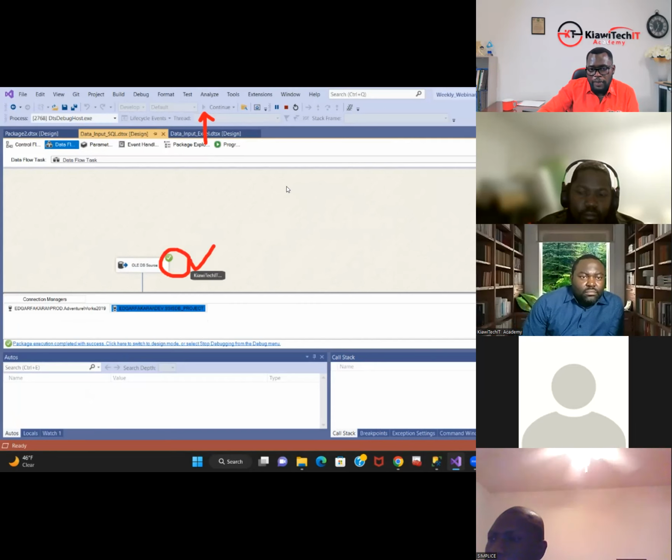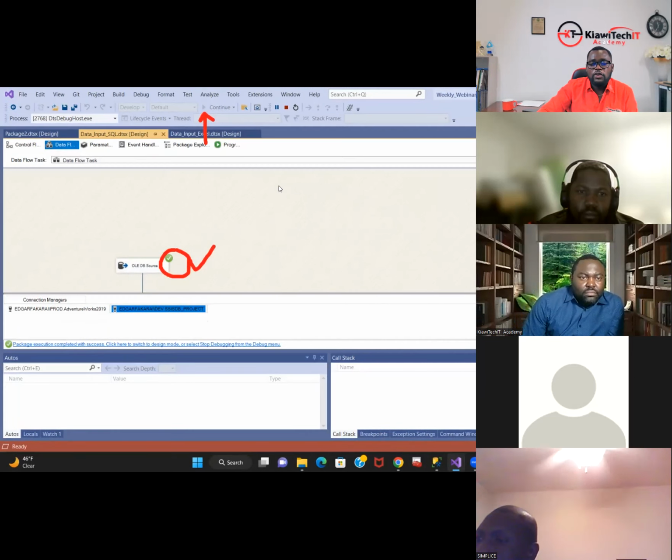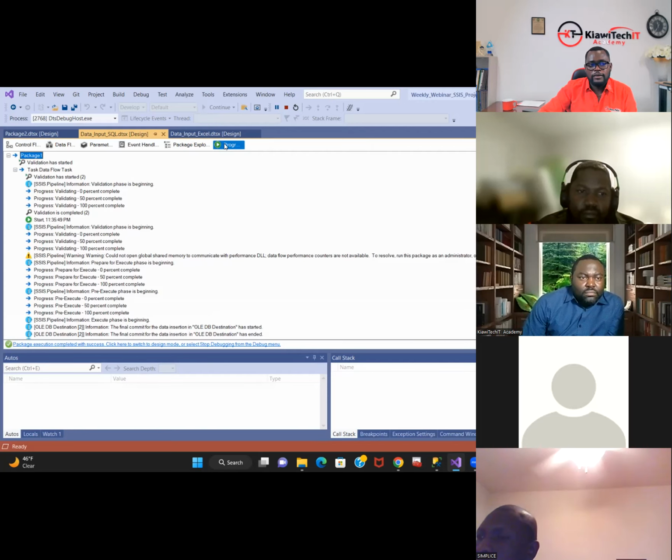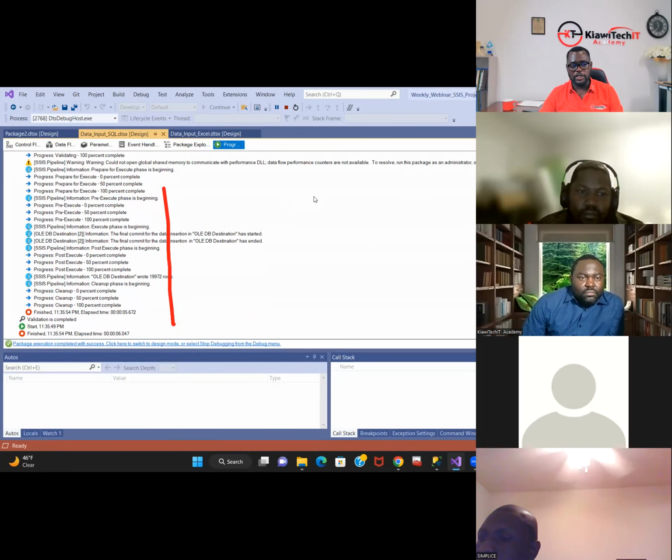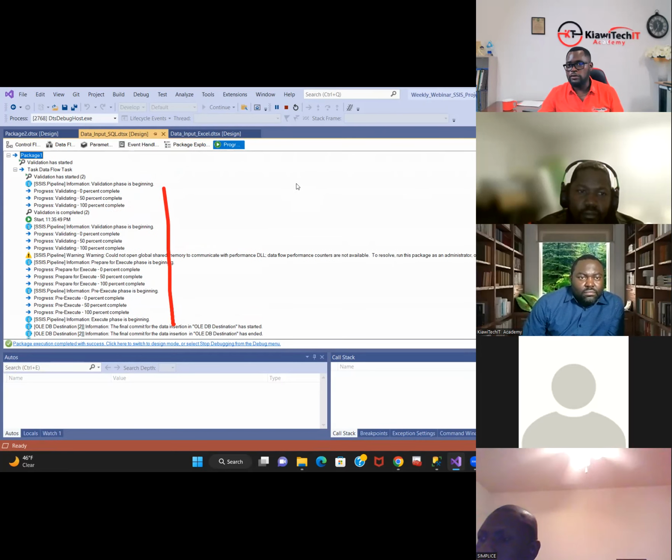In this debug progress tab, if there was an error message, you can click on it and it will show you what is wrong. Click on that. It shows you the entire history of what has been going on. If there's any error on your package, this is where you're going to find that error and you can use that to solve the problem. So let's go back to